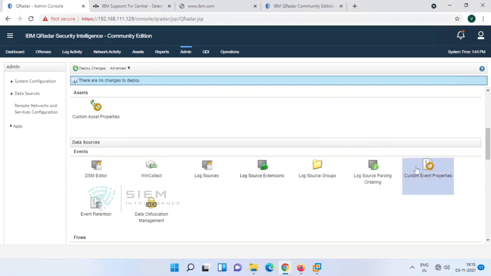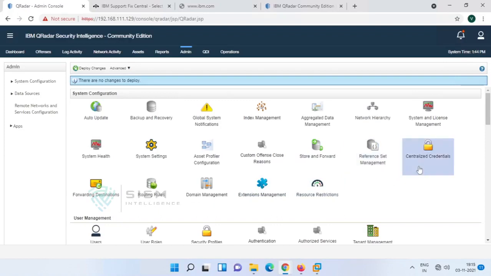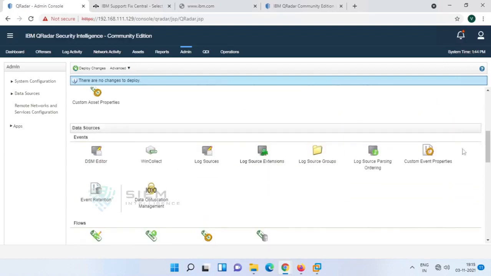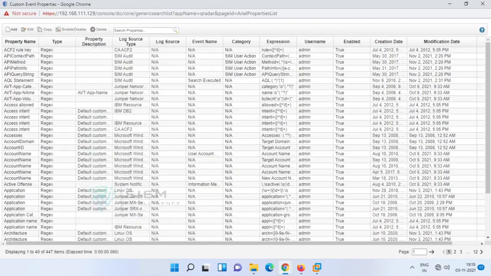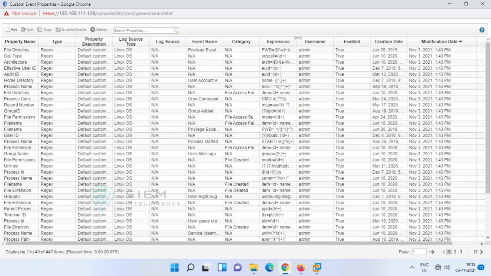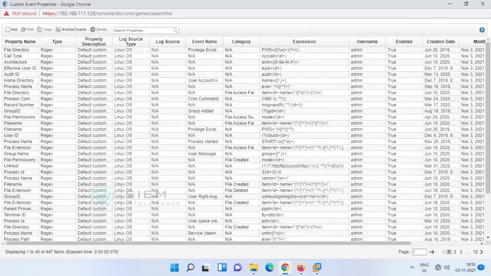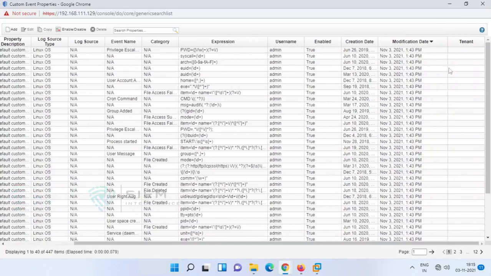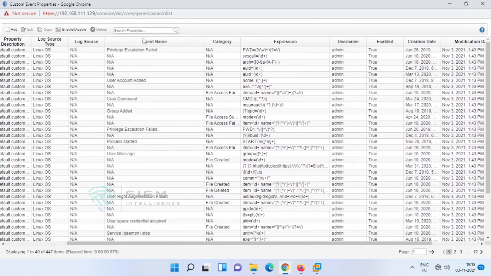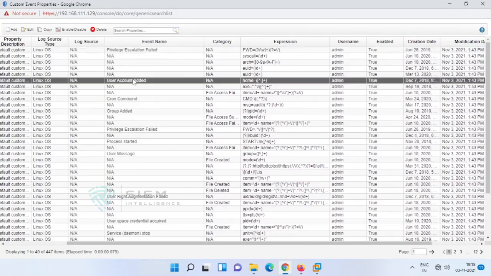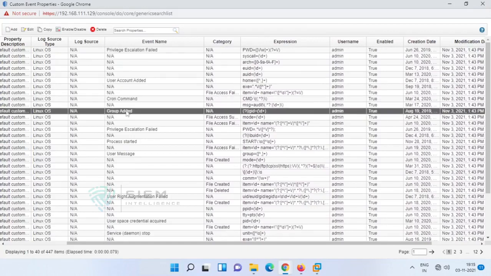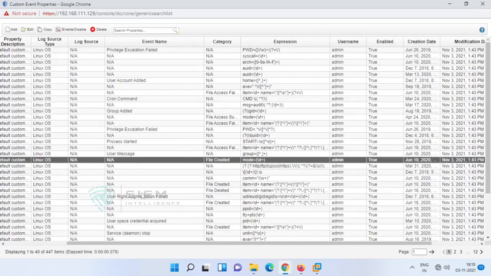Got it? This is how we can import and check whether the entire import has been done. Just after installation, go to custom properties and sort by modification date. It is today's modification, today's activity. Here you can see the type is Linux OS, and sometimes it also gives the event name. Against this name it was created, against this name it was created. You can come to know like this.